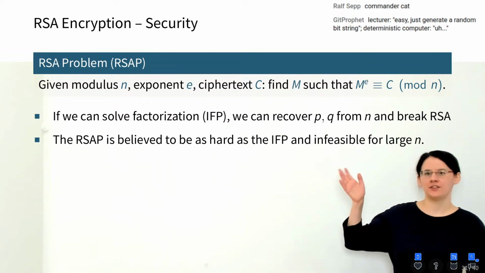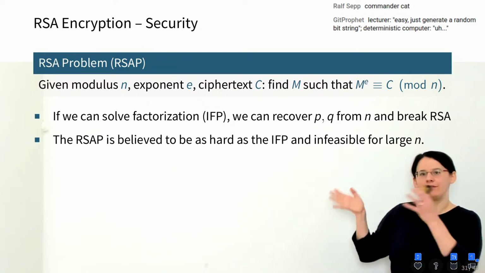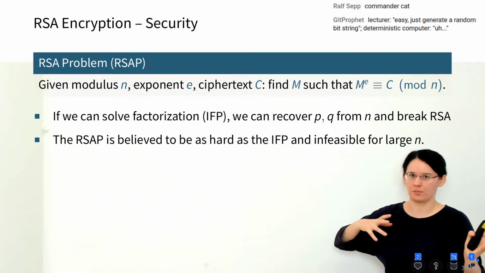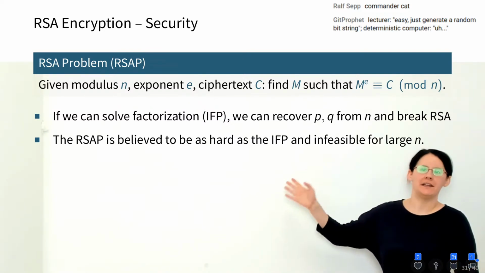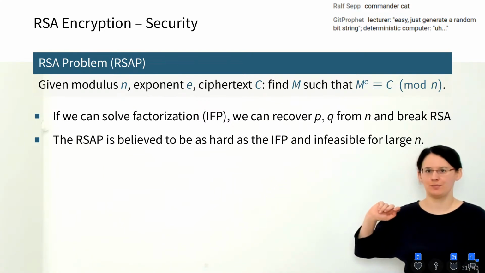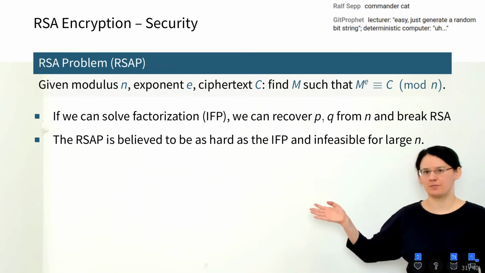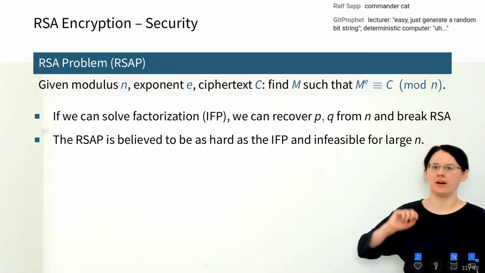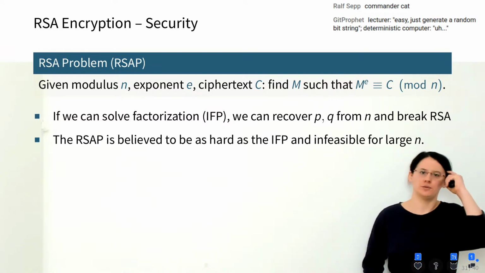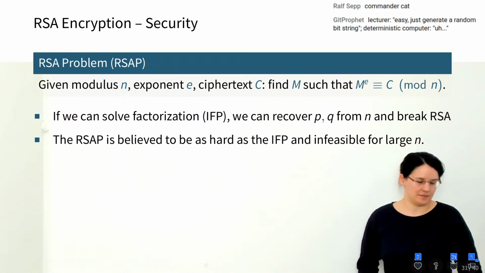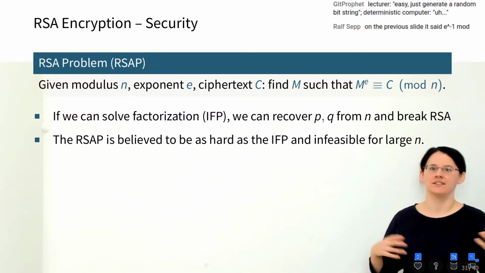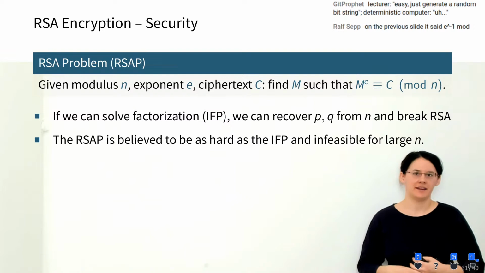And the situation is actually quite similar to the Diffie-Hellman problem versus the discrete log problem. Here we also believe that the RSA problem is as hard as the integer factorization problem, and the integer factorization problem in turn is believed to be hard for large n, which is the product of two suitable primes. You will notice that on the one hand there are a lot of ifs and whens and assumptions in there, and on the other hand